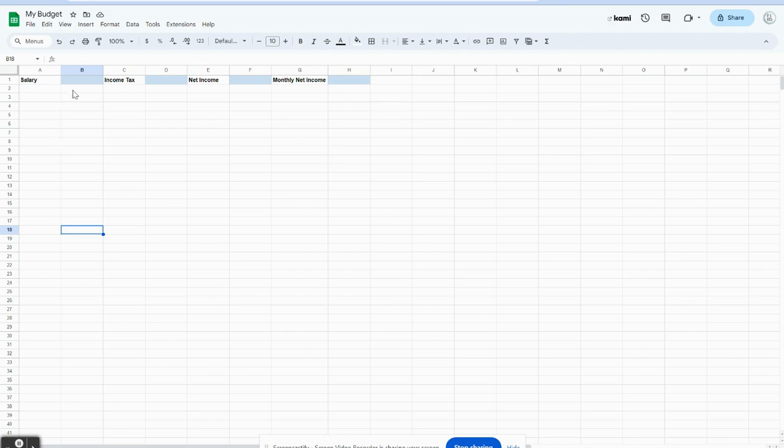Okay, so the first thing we're going to need is a salary that we're going to base our budgets off of. This is a really great tool for future salaries. So if you're in high school and you've only got a small amount of income right now, it's hard to budget that, or at least to follow a generic set of budgeting rules because you're not covering all of your own costs yet. So what I suggest you do is to do a little bit of research,